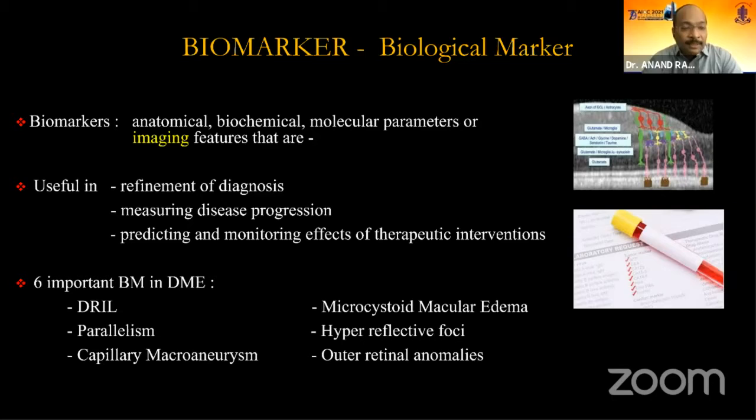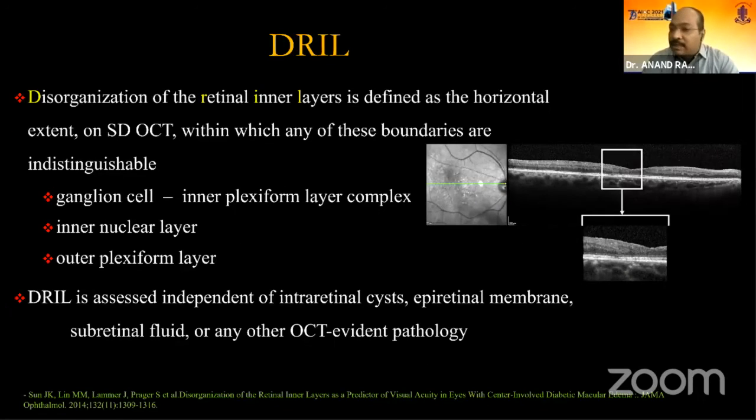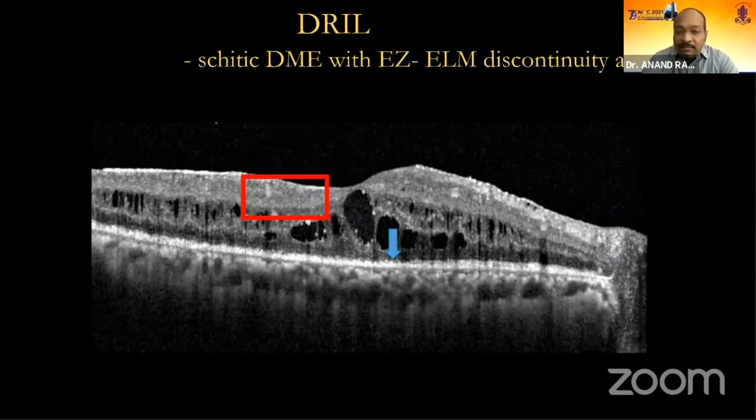DRIL, the first one, is disorganization of the retinal inner layers, defined as a horizontal extent on SD-OCT within which any of these boundaries are indistinguishable: the ganglion cell to inner plexiform layer complex, inner nuclear layer, and outer plexiform layer. DRIL is a standalone entity which is assessed independent of intraretinal cysts, ERMs, and other OCT-evident pathology. Now, DRIL is typically seen in active diabetic macular edema, cystic in this case, with ellipsoid zone and ELM discontinuity seen, and an ERM also thrown in. But it's also seen in isolation,